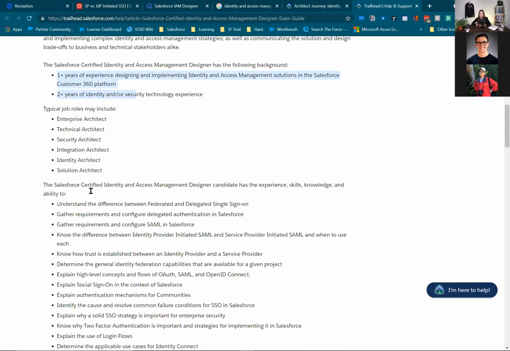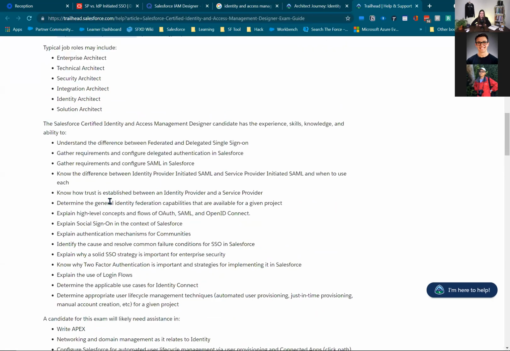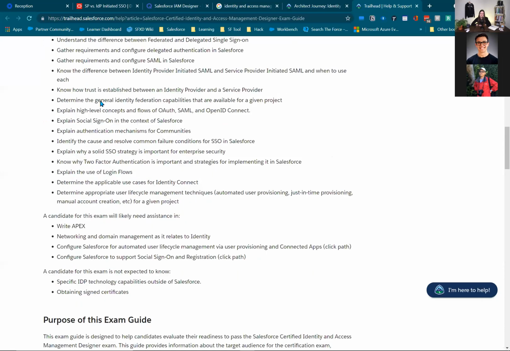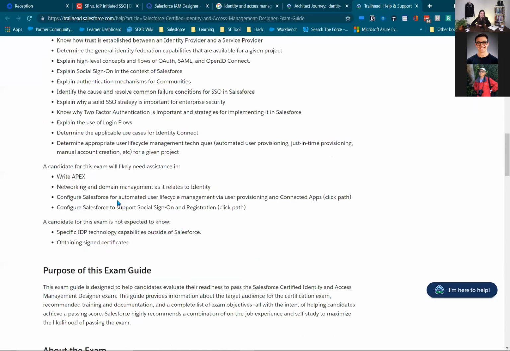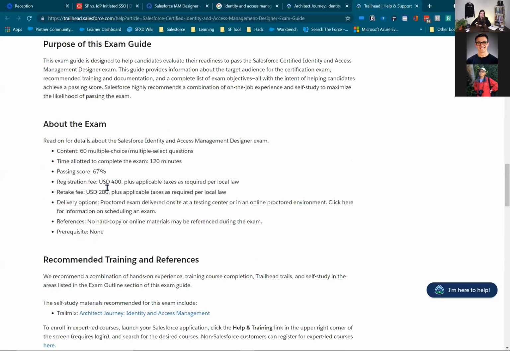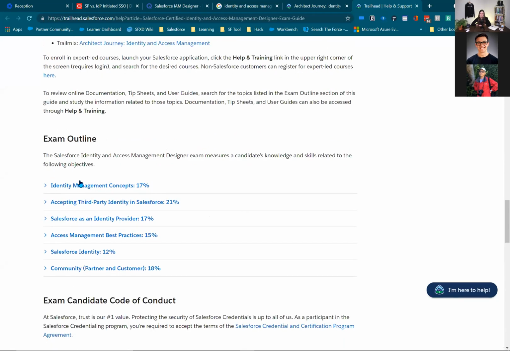And the next section tells you the knowledge they want to check. These two sections are just the standard parts. The exam outline is the most important part of this exam guide. They have different topics and each topic has a percentage. That's how you actually reverse your final result back to see how many questions you got right and wrong.